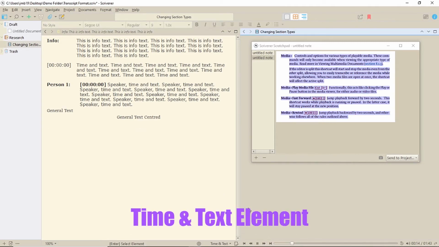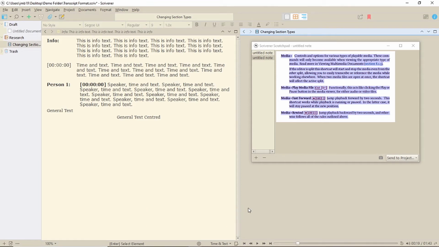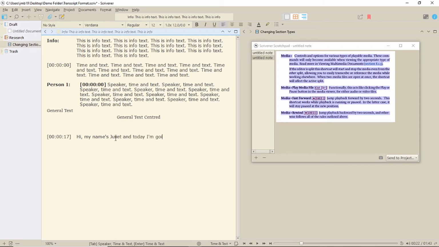The format without the speaker name, I guess, is just to timestamp specific elements of a conversation or recording. Stop the recording at the point you want the timestamp, press Tab. The time on the recording is automatically entered into the timecode, and type the text. Press Return, and you'll automatically continue with the same format. Scrivener, so many hidden features.